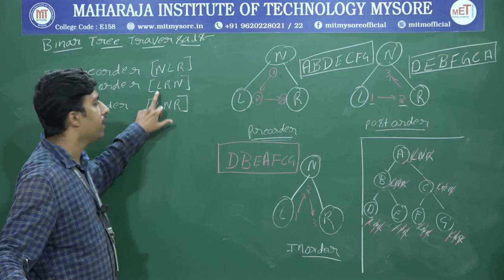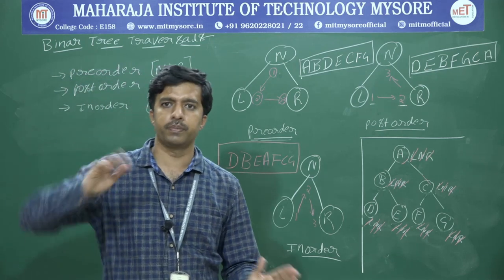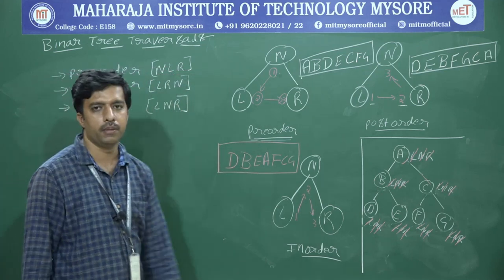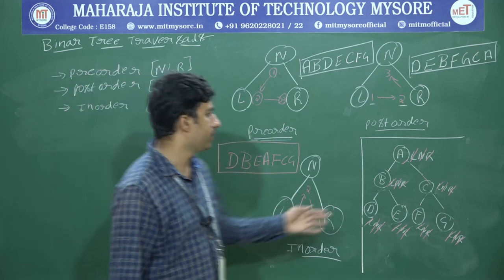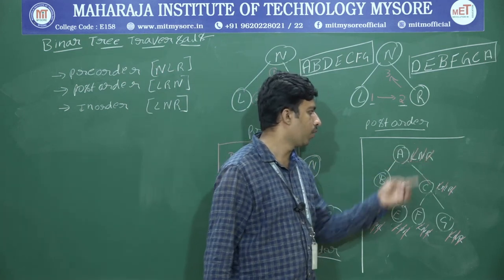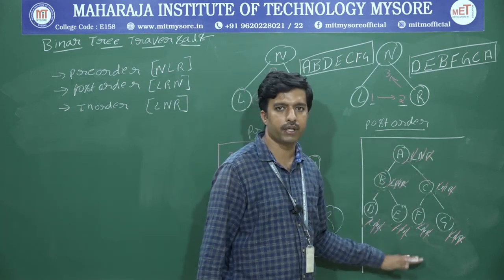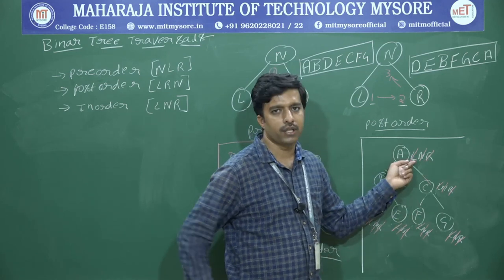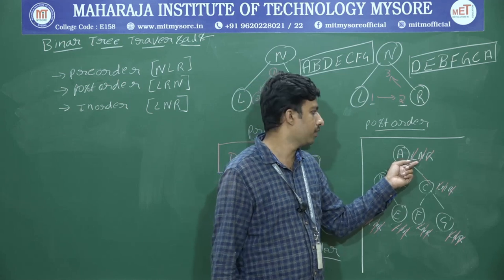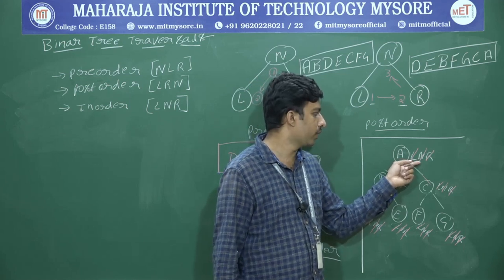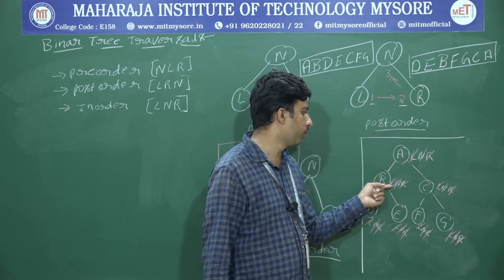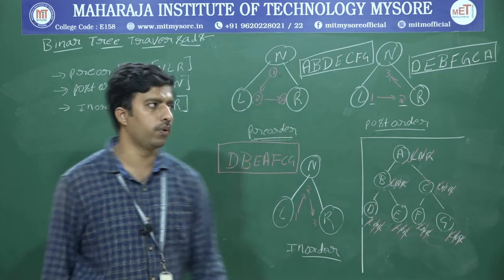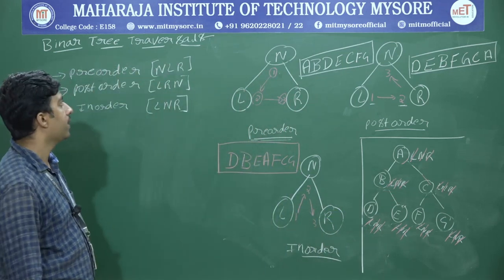Next, post order traversing: left and right come first, post means later on, node encounter later on. In order, it comes in between the left and right. This is one of the easiest methods to traverse. How to write? See, for the given tree, whichever method you try to traverse, note down those values there. Start rubbing the things. When left is encountered, move towards it, when the node is encountered, print the value. This is binary tree traversing.